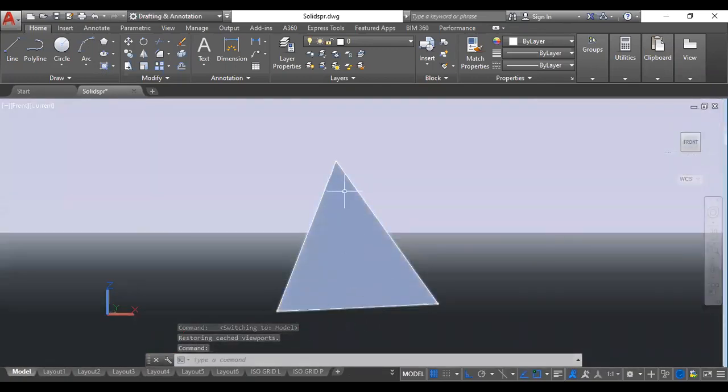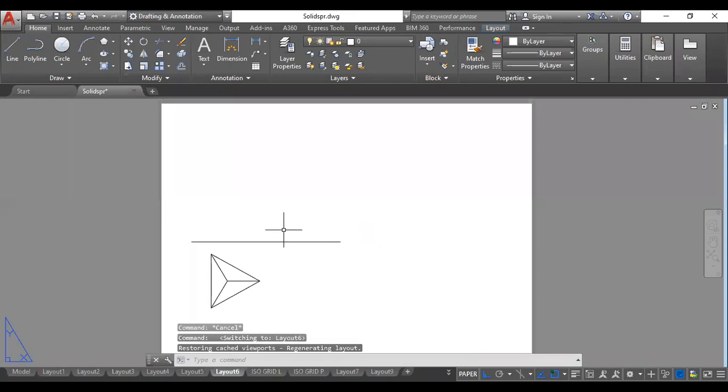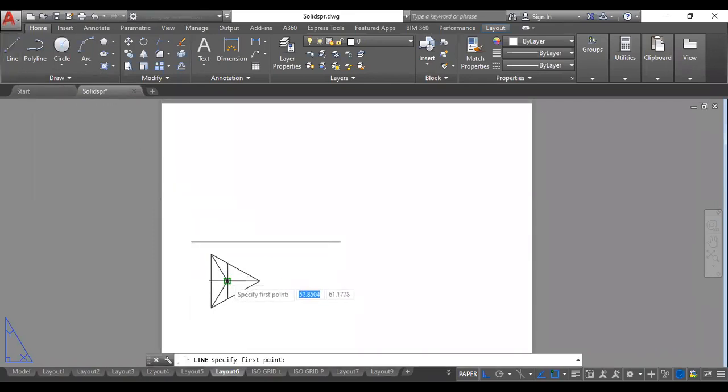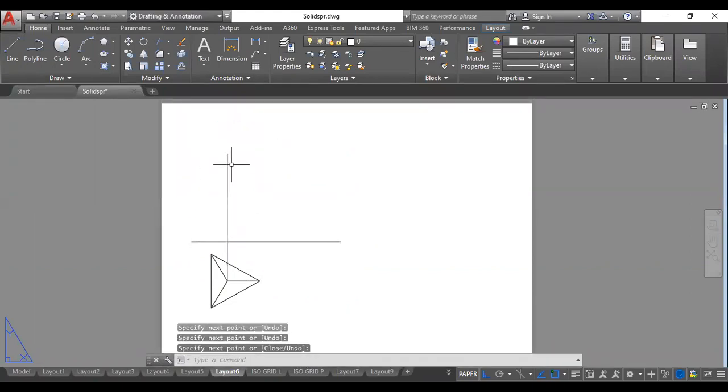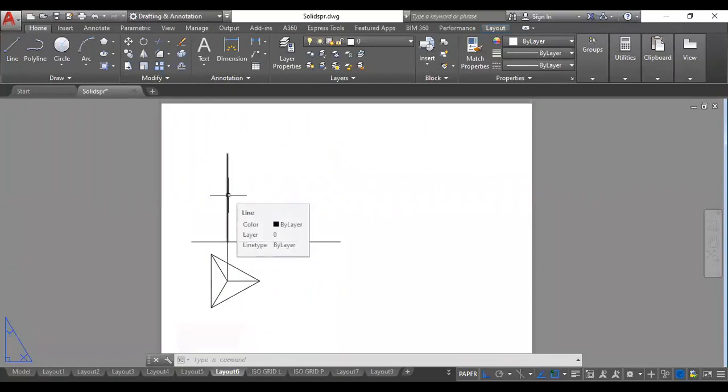In the front view, I can measure its axis length. For that, you need to project this. First, I'll project the axis. I don't know what the axis length is, so I'll simply project it up to some length and leave it there. Now, if I want to find its actual height in the front view, there is one condition: whichever slant edge of this pyramid is parallel to the xy line, that slant edge would give me the actual length in the front view.